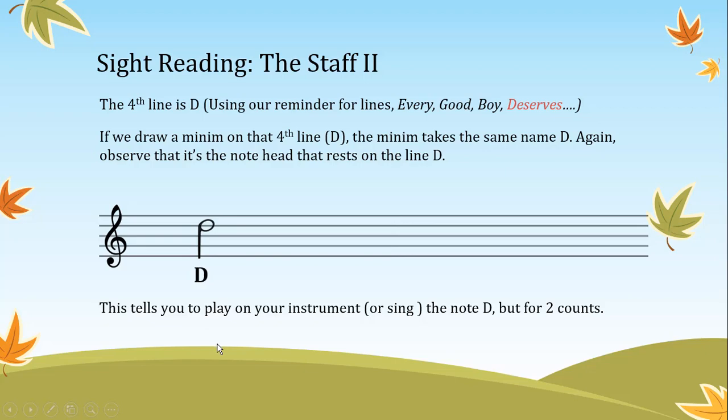Okay, so you see we have moved that minim from that first line up to the 4th line now. Okay, and again, the minim is going to take the name of that line. What's the name of that line? It goes every good boy deserves. Okay, D is for deserves. So that tells us that the name of that line is